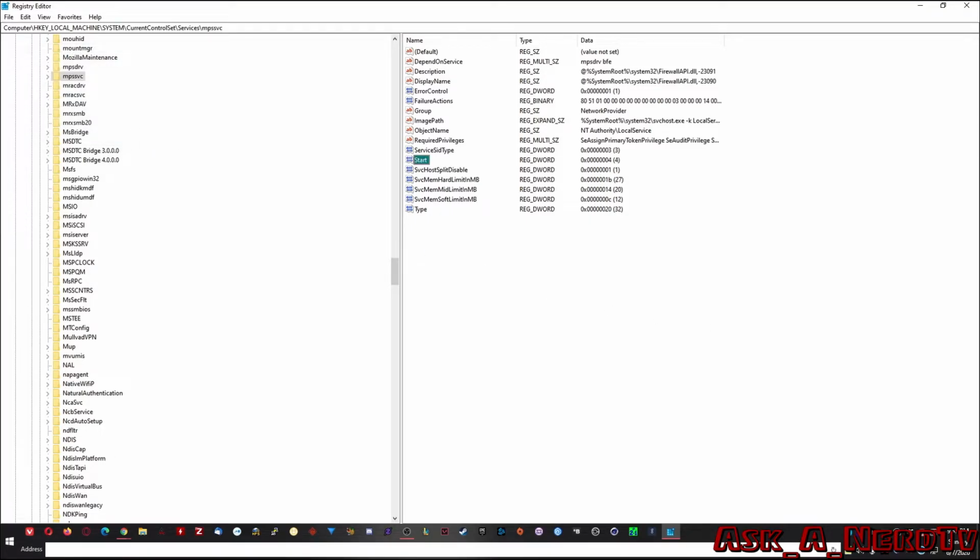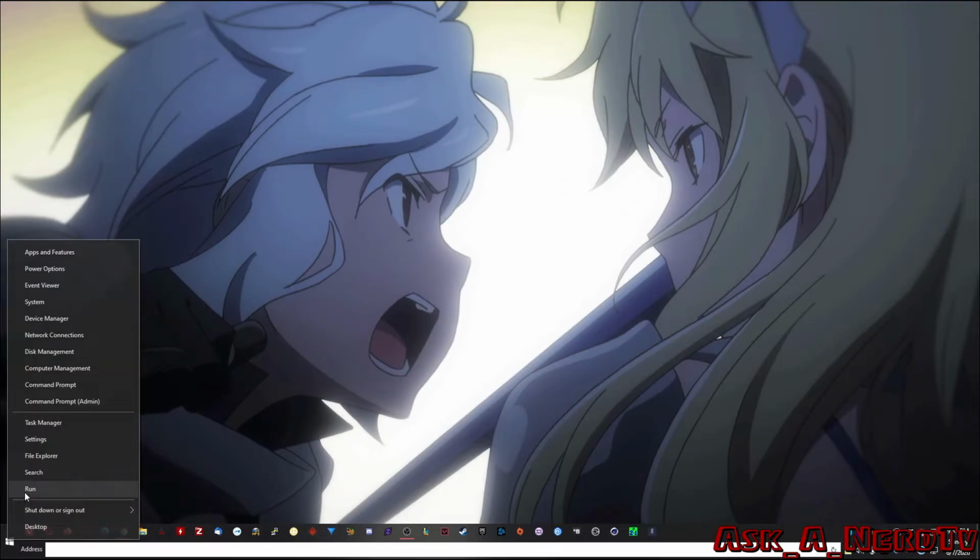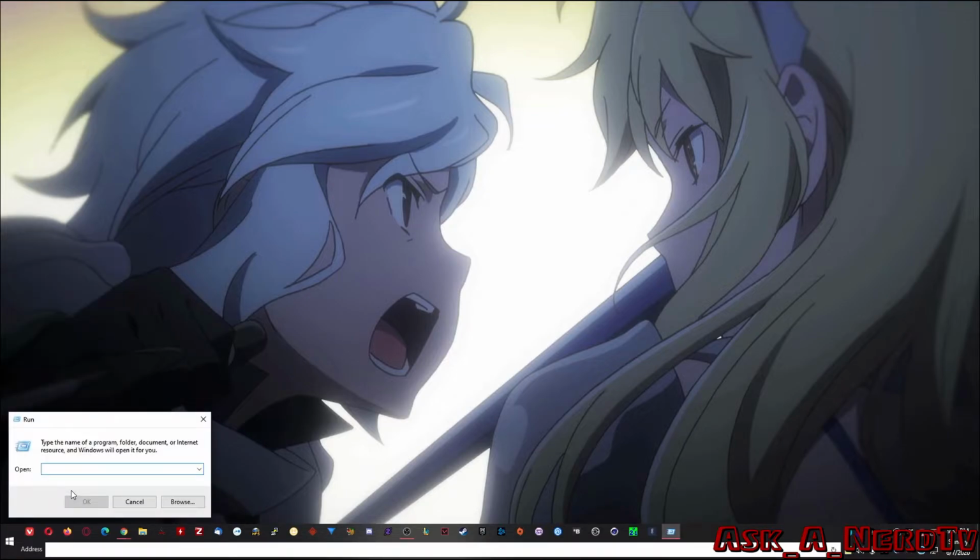After you do all of this, you're going to go ahead and reboot your computer, and you can do that by right clicking on start. You can click shutdown or sign out here, but for a full reboot, I recommend a command. Click on run, type in shutdown